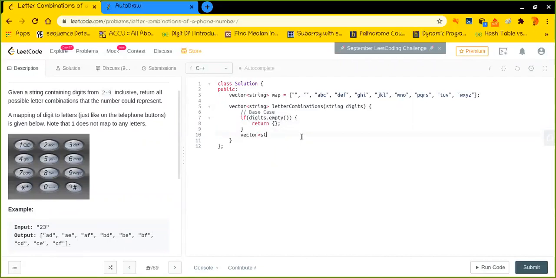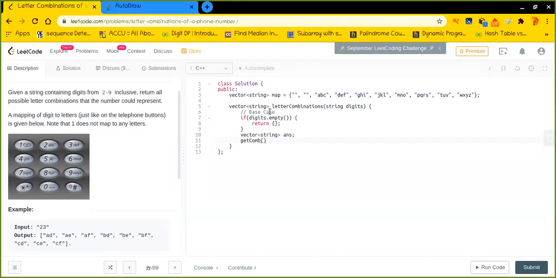Otherwise, let us say the answer that I will be finding is answer, which is an array of strings, and I will write a recursive function, get combination, where I will try to find each and every possible letter combination by recursively finding out each and every possibility.